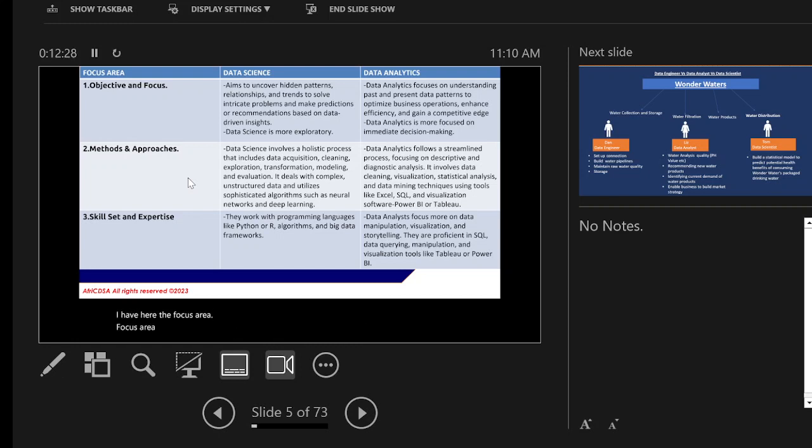I have looked at 3 critical ones. First of all, the objective and focus of each one of them. Another one, we have the methods and approaches. Then we have the skill set and expertise that is required by both of them. So, in terms of objective and focus,